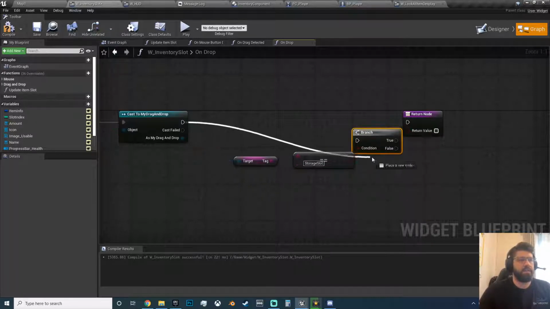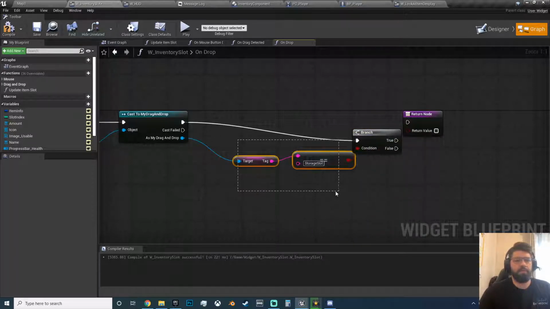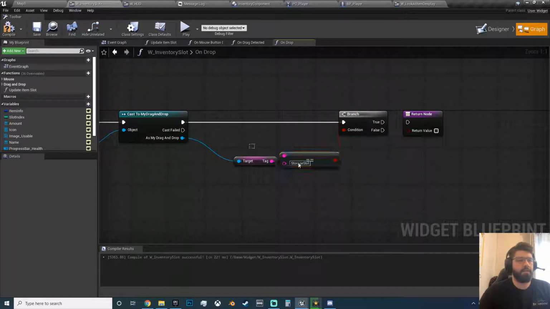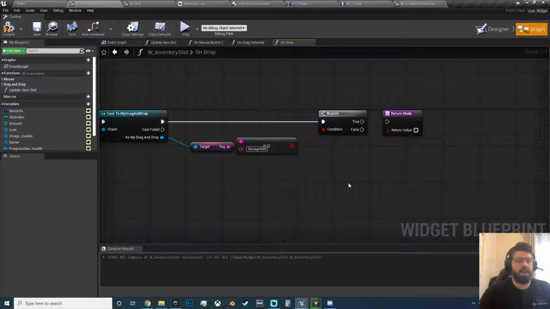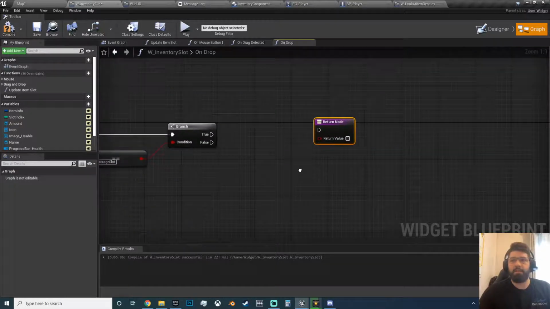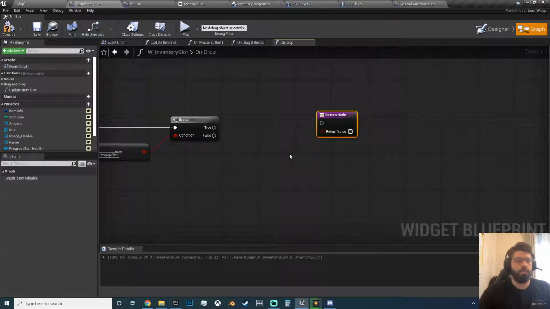I'm just checking. This is to get rid of bugs and duplication and stuff like that. That will make sense later. So you need to check if it's a storage slot. Okay. If it is not a storage slot, which will be the case at the minute, we want to